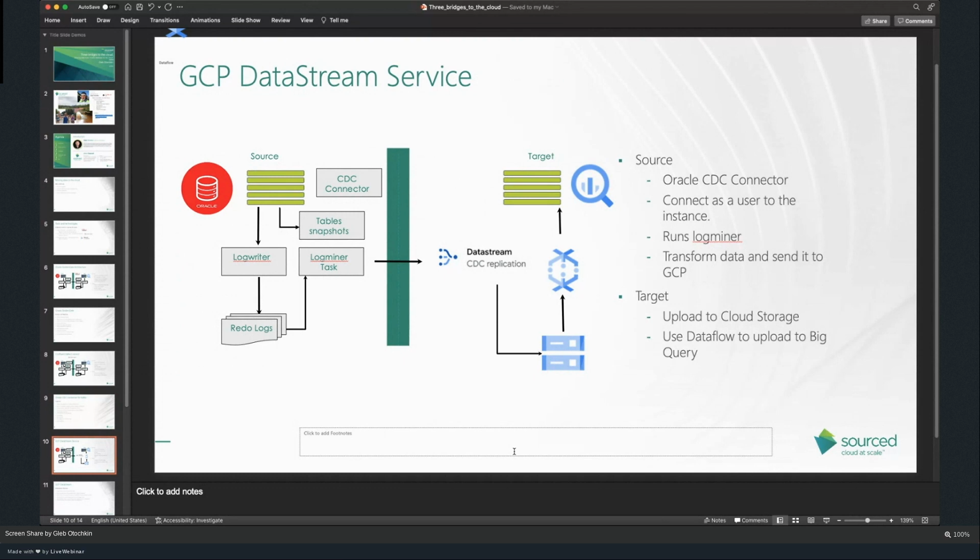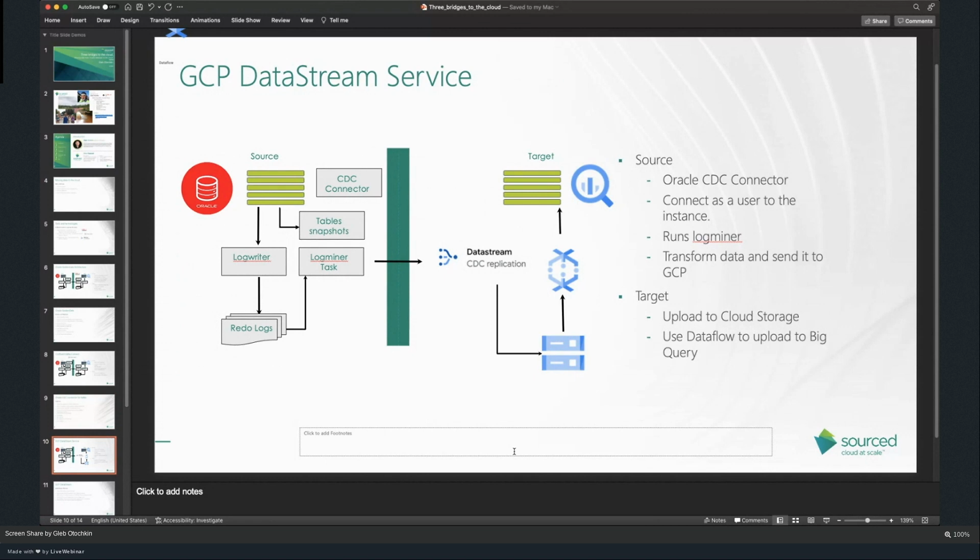Google Cloud Datastream is using relatively the same technology as other replication tools for Oracle database. It is using LogMiner. The connector connects as a user to the instance, and you provide the connection string and all the parameters.